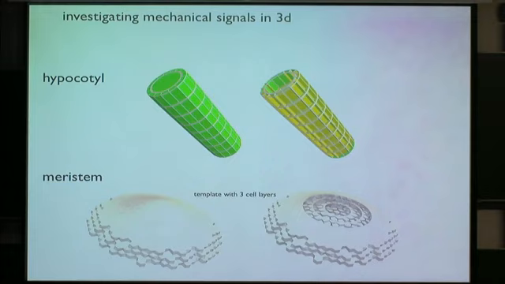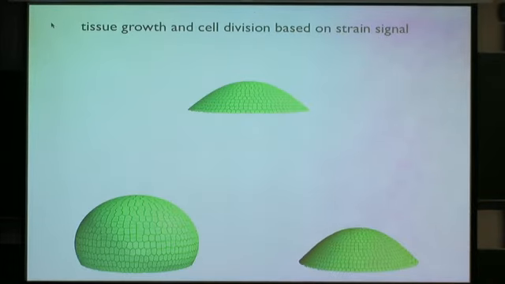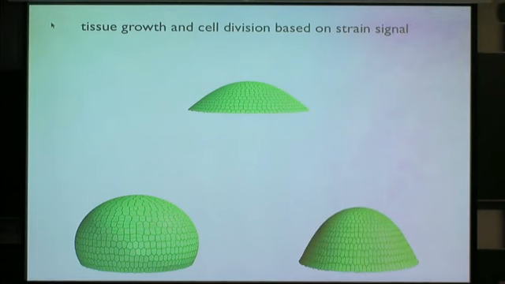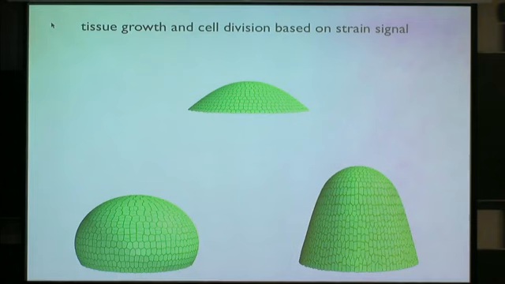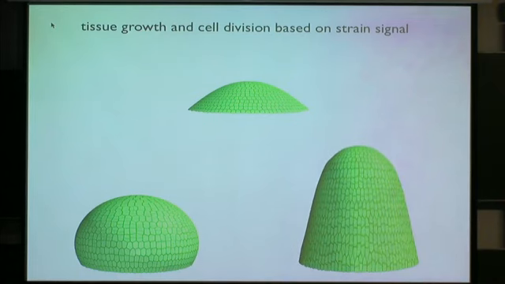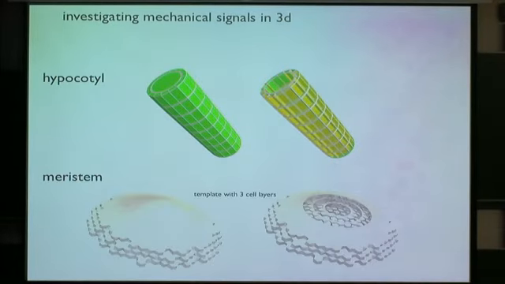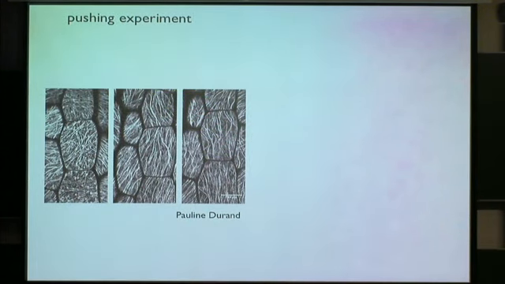We have made these templates full, having all the cell walls filled inside of the templates, because in all of the previously mentioned simulations, the inside is hollow. I mean, there's nothing inside, because we have assumed that the epidermis is the most important. But we wanted to include the internal layers, and this is an experiment on the hypocotyl, the stem of an early